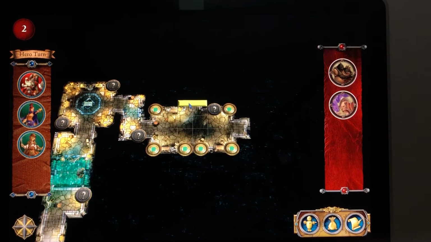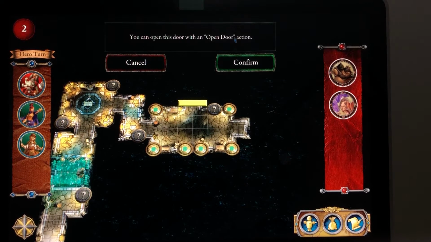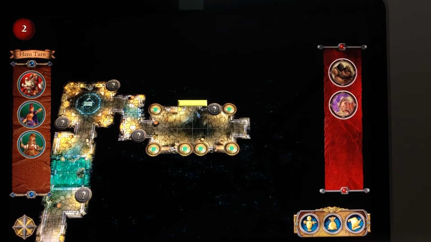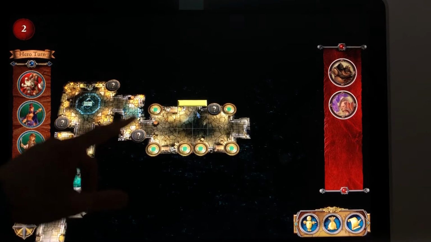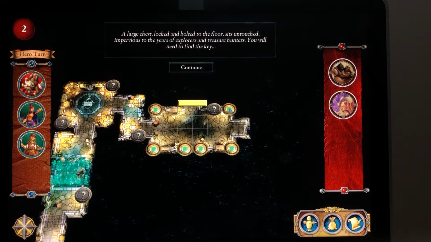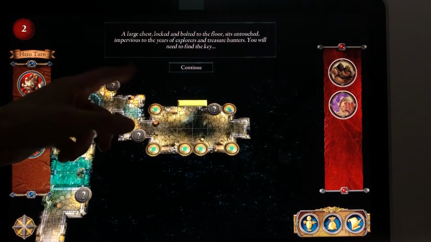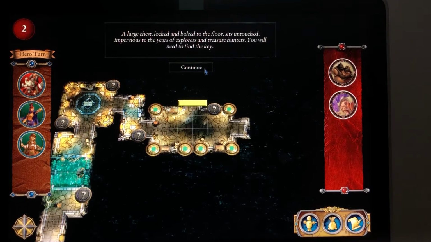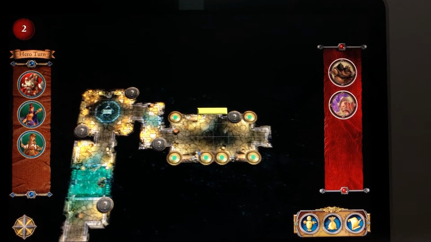Oh, come on. What is this? You can open this door with an open door action. Cancel or confirm. Okay, so this is not a locked door. It'd be red anyway. What do you think, you guys? Do you think the key is hidden in one of these things? Like, do I have to kill a tentacle and then get a key? Because obviously I can't search these things. Because when you click on it, it doesn't say search action. You cannot interact with the map in that way. So,